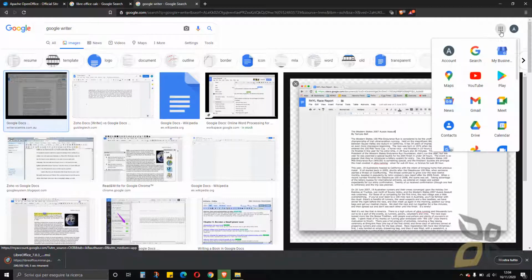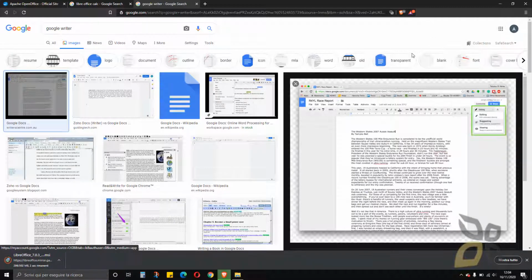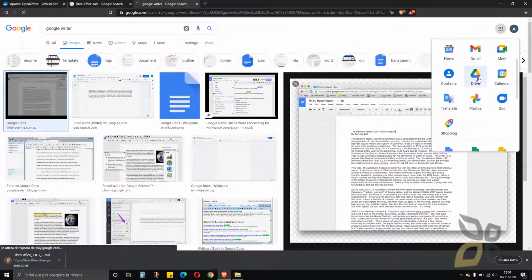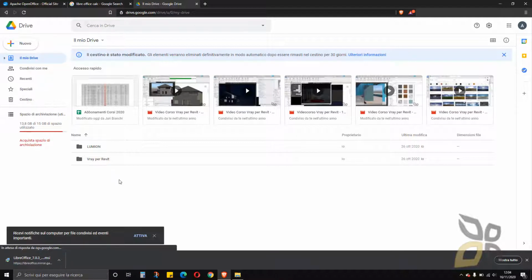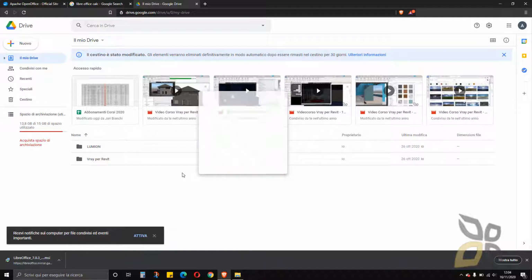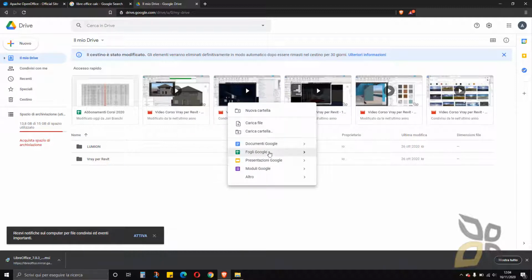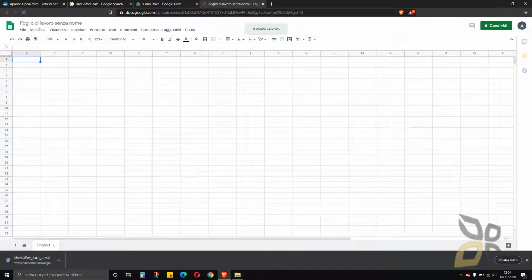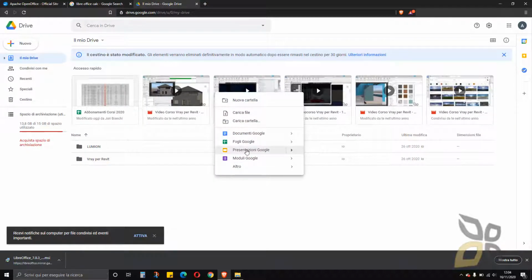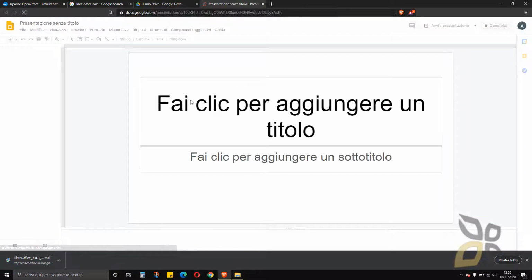Well, let me show you directly in Drive, because to access these tools you have to go to Drive, and once you are in Drive, this is the Google Drive interface. You just right click anywhere, and you can create these documents, which are Word documents, but also you have this Excel worksheet. So it's again just identical to the original Excel, and also you have this Google presentation, which is the